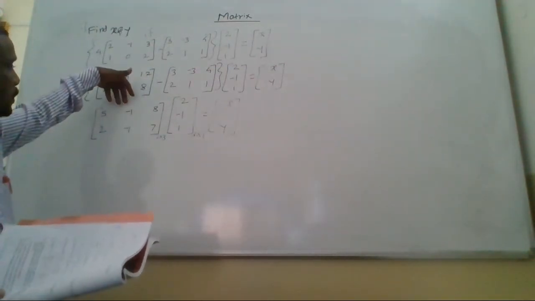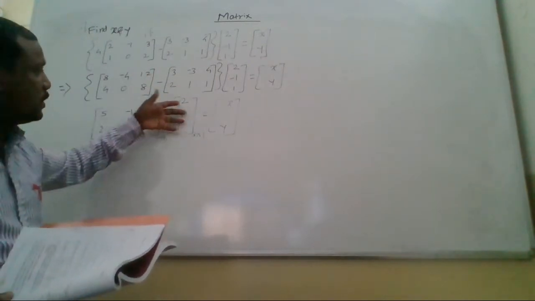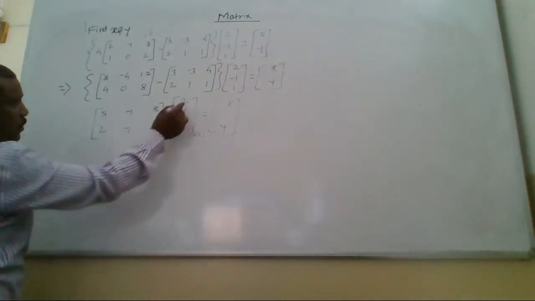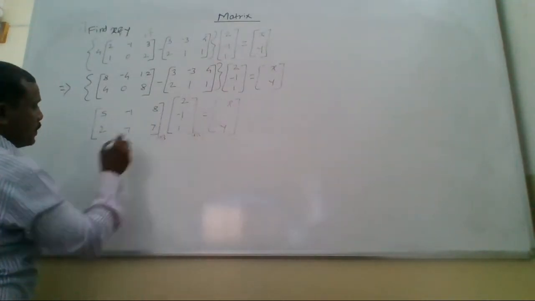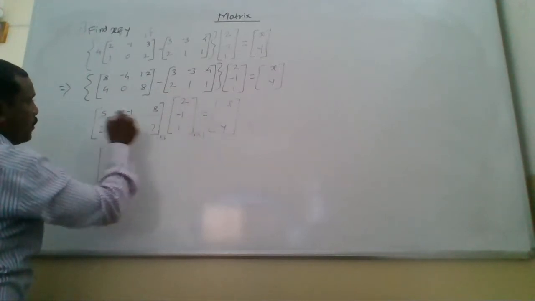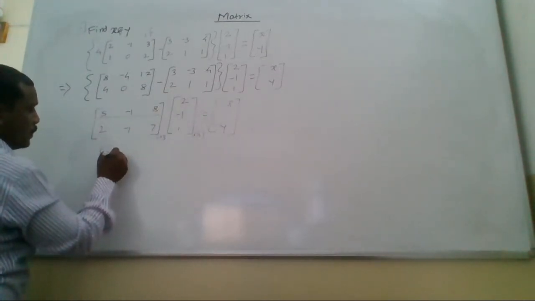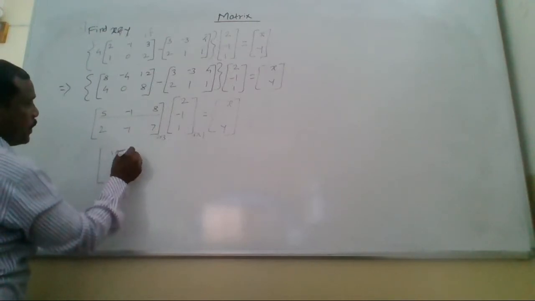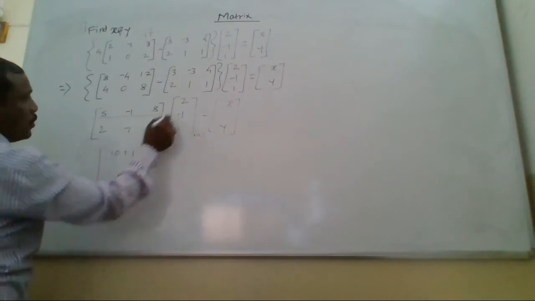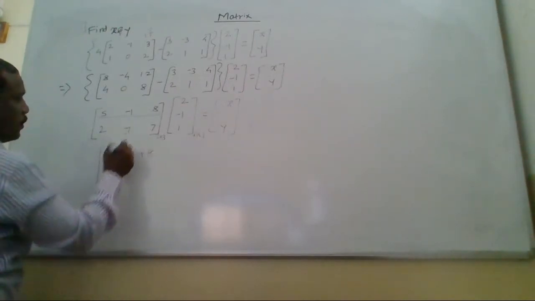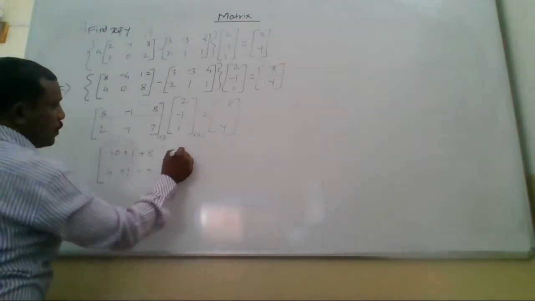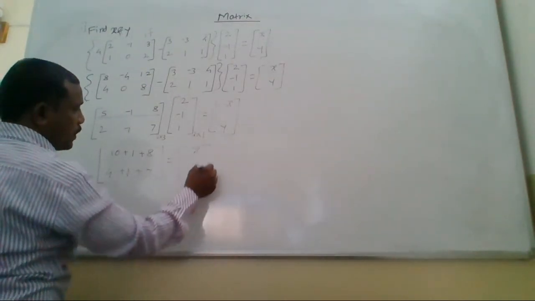यहाँ पे फर्स्ट मैट्रिक्स में 3 कॉलम्स है और सेकंड मैट्रिक्स में 3 रोज, therefore multiplication exists. So first row first column and second row second column. So first multiplication with first row, so first column 5 into 2 10 plus 1 plus 8, and second row first column 4 plus 1, so equal to x and y.